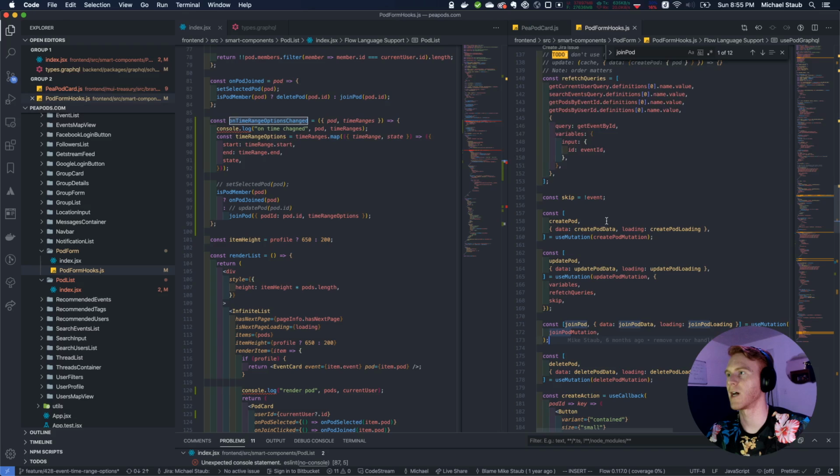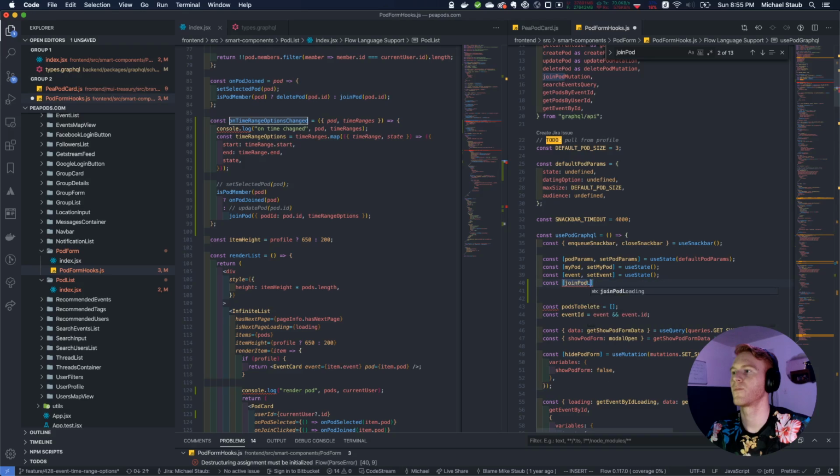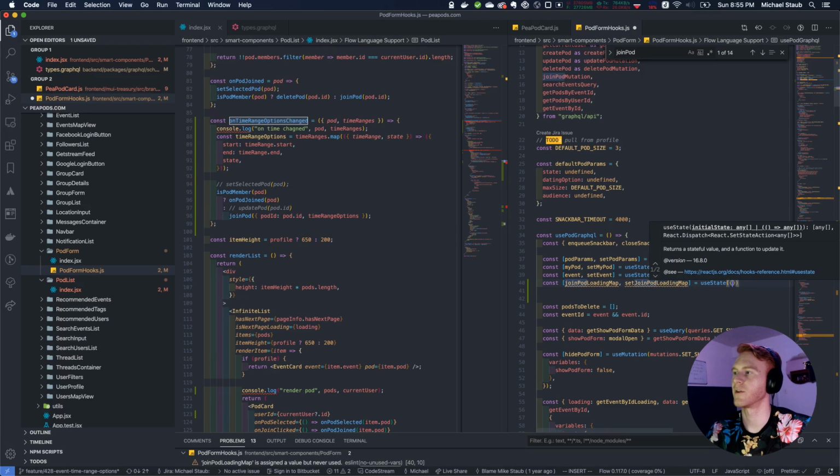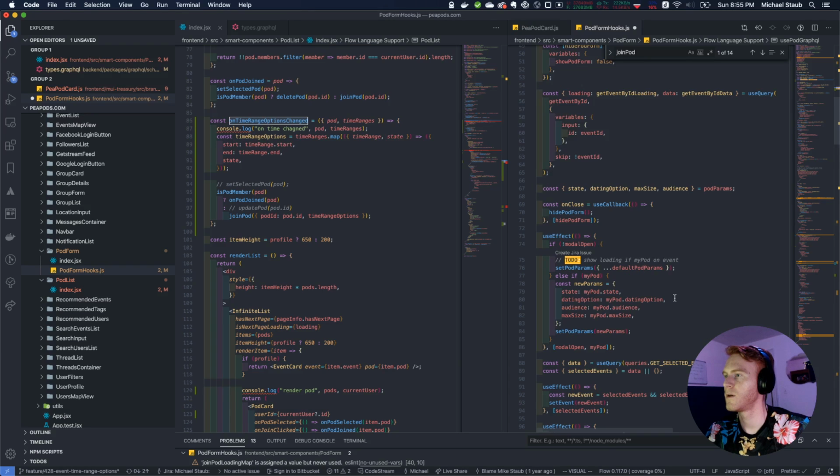We're going to call it join pod loading map. Very descriptive. Okay? And so when we join the pod, we're going to set this map